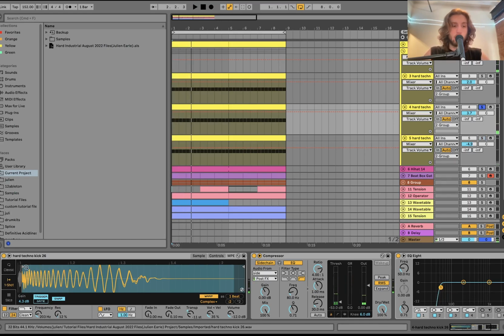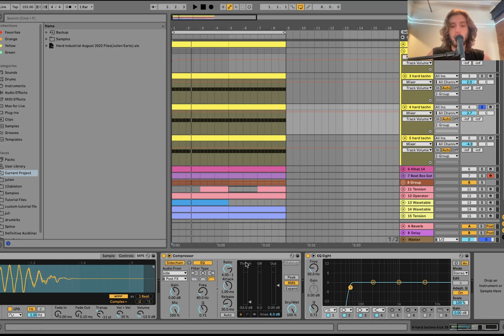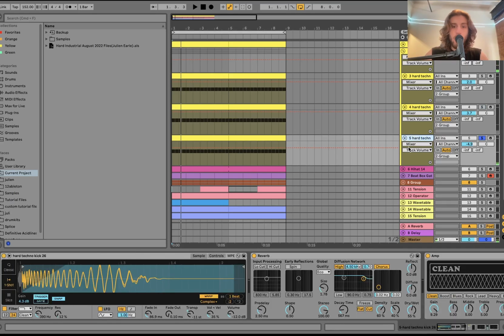So for the main sub, what we're doing is the same kick I just showed you. I'm using the stretch technique, where you stretch it out so you get this long bass wave, but it's very steady. It gives you a very full sounding rumble that reverb doesn't always give you. So we have that, right? You can see I pitched it down a bunch, and then I'm literally just side chaining it, and then we're doing another cut at 50 hertz on this. I've noticed with these faster tracks, the faster you get, the higher you kind of want to cut your bass. So we got that, and then this layer is the same thing with a little bit more fade in,